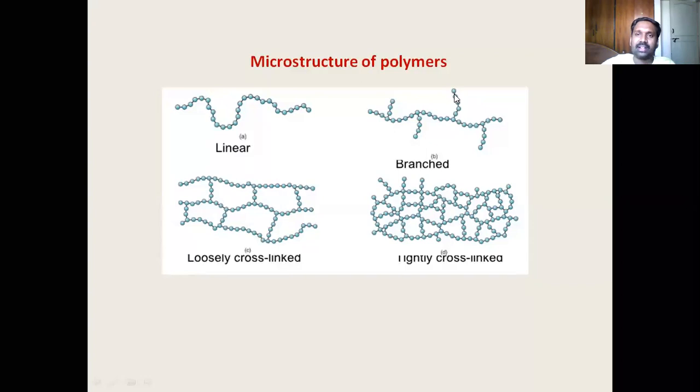There are end groups basically. Now, if you make this divalent group and attach another chain, instead of attaching a single monomer, attach another chain like this. You see these, there are main chains, and all chains are linked covalently. Please remember this. In the linear and branch structure, what is the bonding amongst chains, in between chains? It is not covalent. Every chain is linked to other chain through some other forces, not covalent.